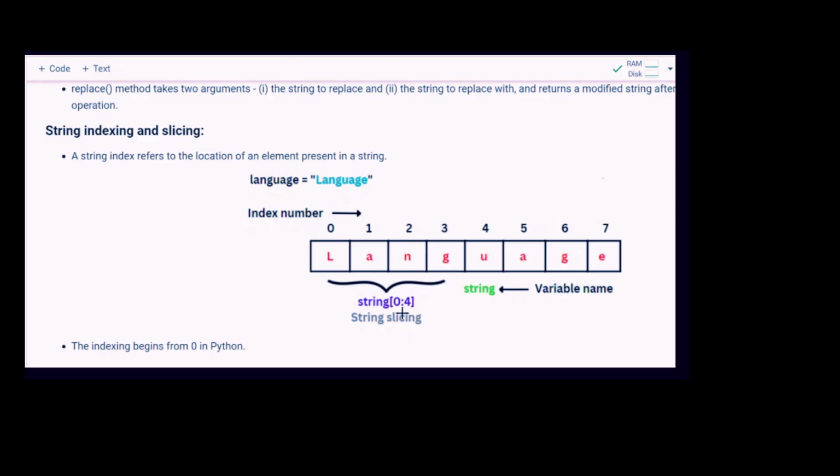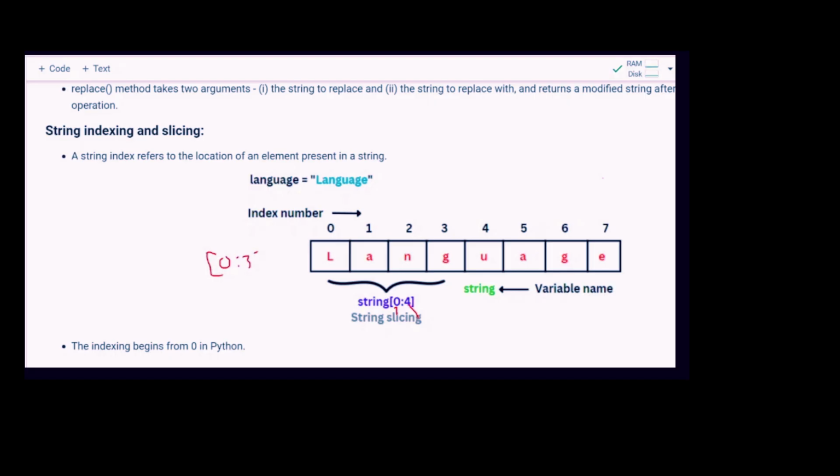Now let's talk about the slicing function. In slicing, the first element represents the starting index and the last element represents the ending index, separated by the colon symbol. So if we write, let's say, language[0:3],